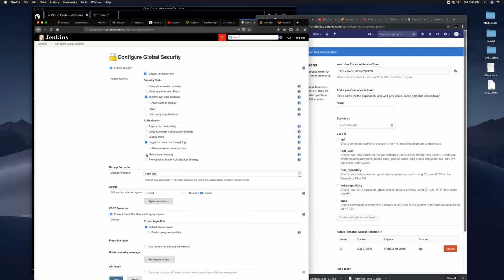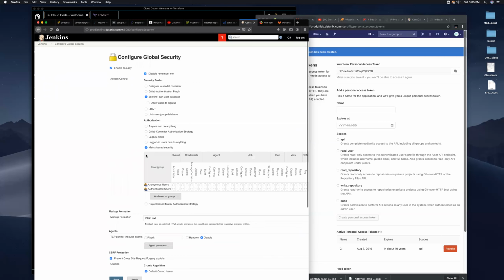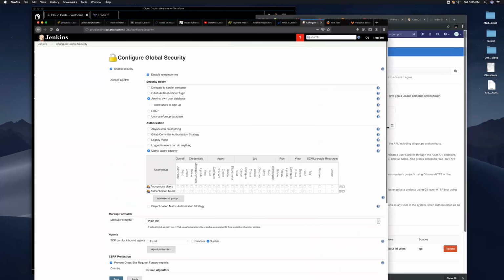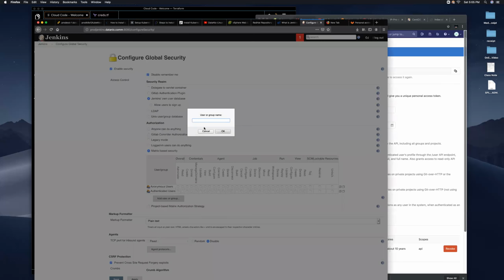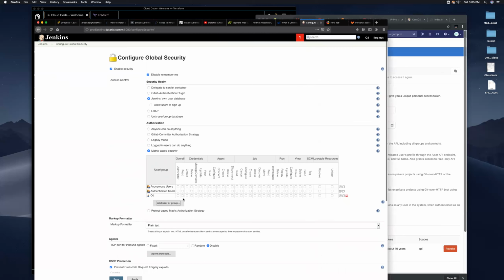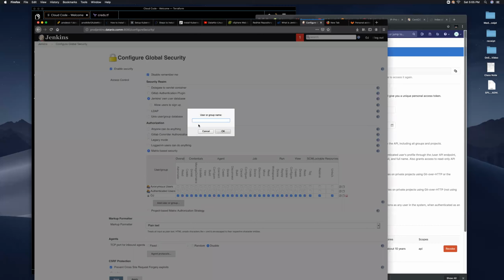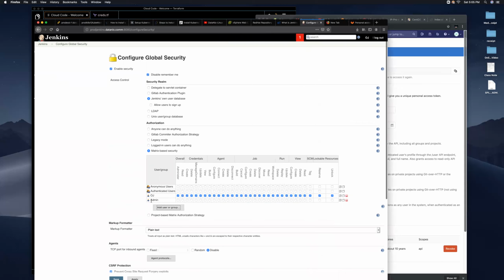There are so many ways you can manage access control here. If I go to matrix-based, I'm not doing project-based, now I'm doing matrix-based, and it says anonymous user. So interesting. I can come to add user. Remember, I have a user called Joseph, which is me, and the admin. I can say this is Joseph, and I can come to this check button and give Joseph all access. Now, another user, admin. Remember, I created admin. I can assign all access to admin,